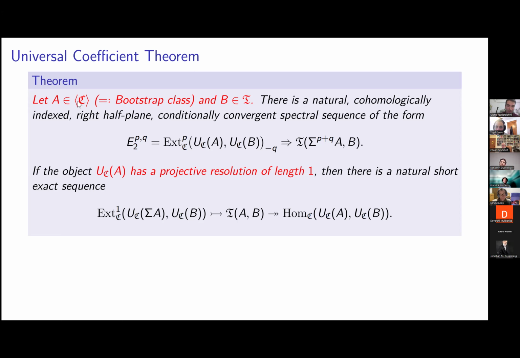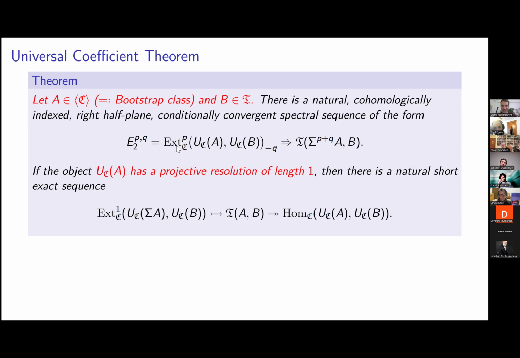You can think of it this way also: close down under coproducts. The smallest one that contains C, this is the notation here, the smallest localizing subcategory that contains C. And I look at the objects sitting inside there. This is what is usually referred to in KK as a bootstrap class, something generated like this. And then I look at any object in T. As soon as I do this, since I already have this universal approximation, I have a right half plane conditionally convergent spectral sequence like this